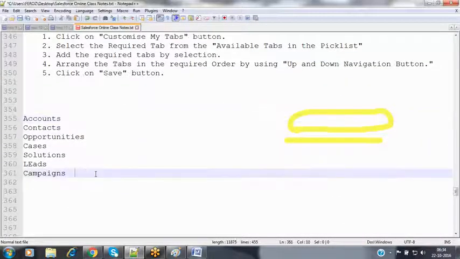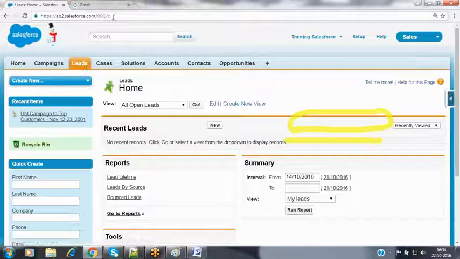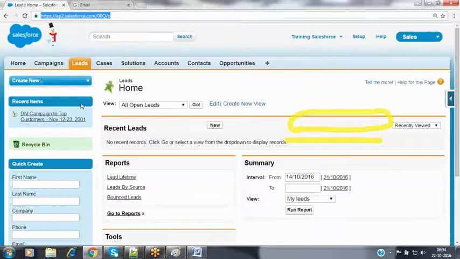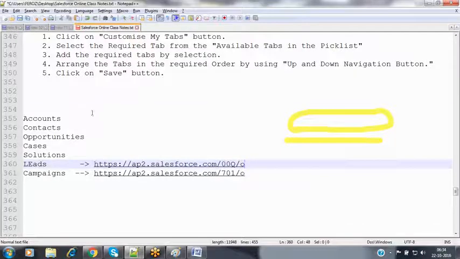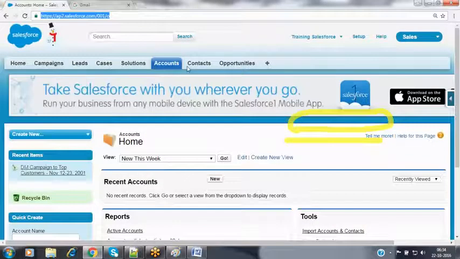When I click on campaigns, this is the URL given by Salesforce in the address bar. When I click on the leads tab, it provides one URL. I copy that URL and paste it over here. When you click on accounts, what is the URL? I copy that URL and paste it here.